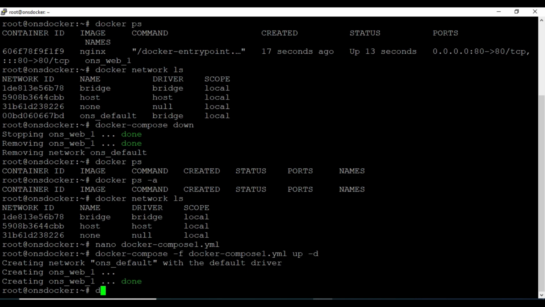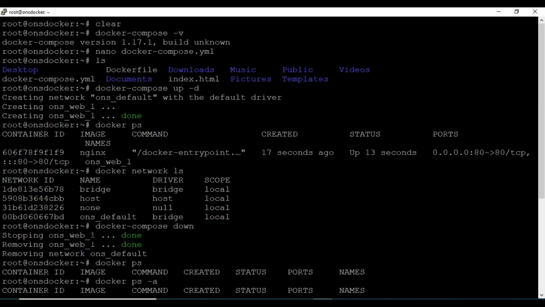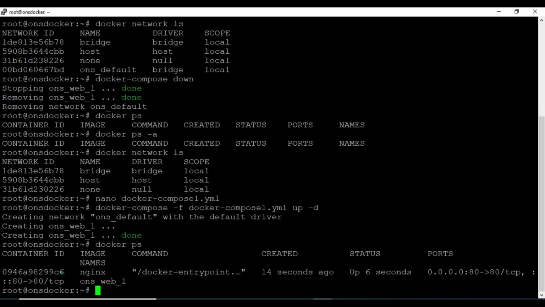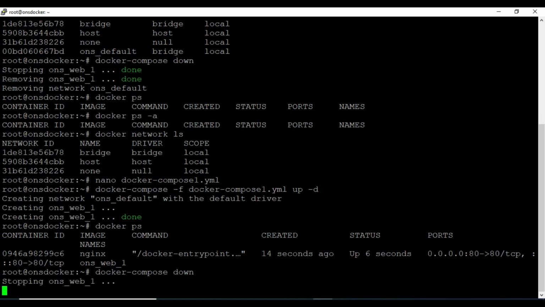If you type docker ps here, you can see that one container has been created with the same name, and the container id is different from the previous one. You can see that the earlier container id was f1f9, but right now it is 99cf. If you want to bring down this compose file, you have to type docker-compose down as before.